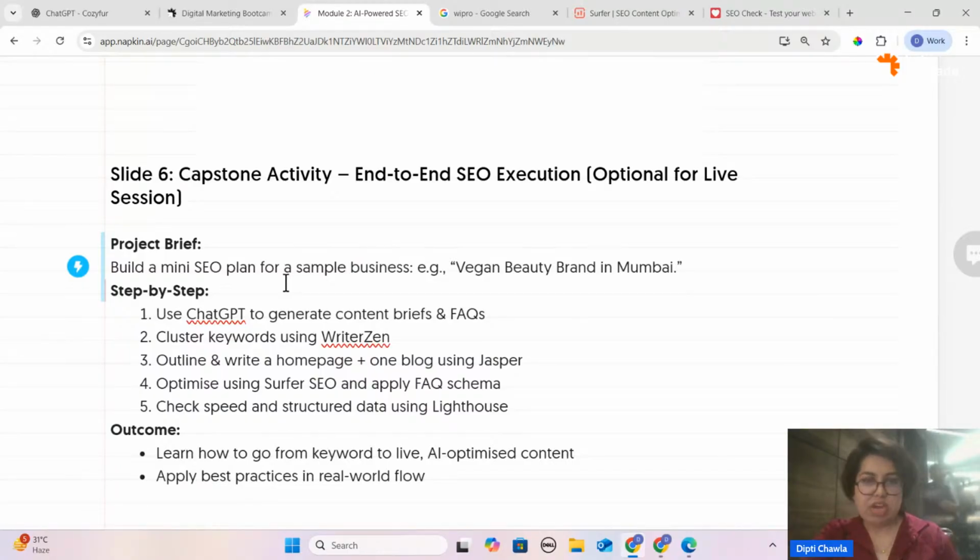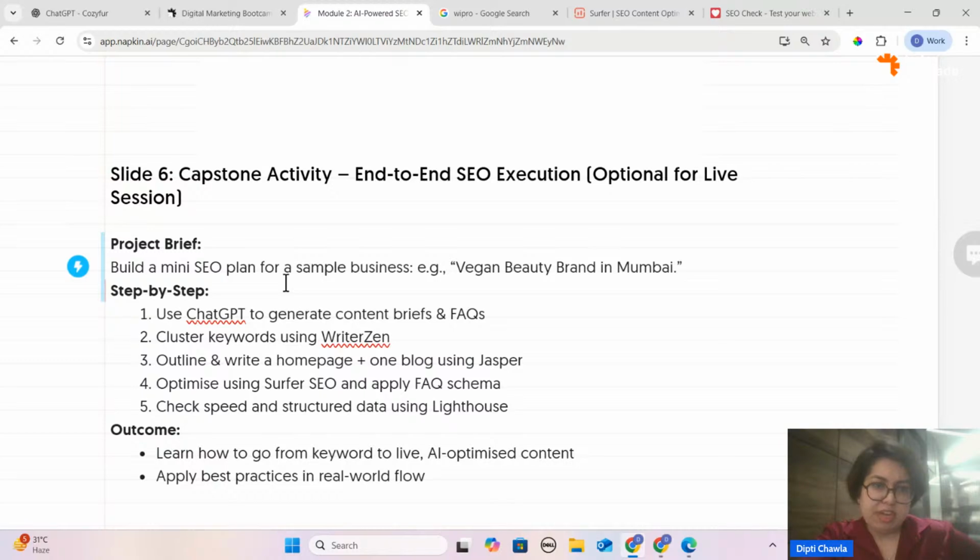Step one, use ChatGPT to generate content briefs and FAQs. Use Writer Gen Z to get all the keyword maps so that you can focus on creating the plan. Outline and write a homepage.